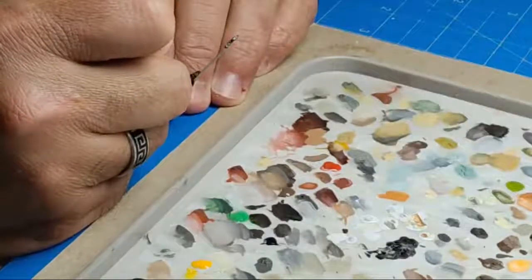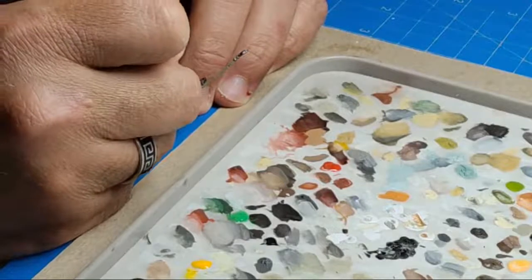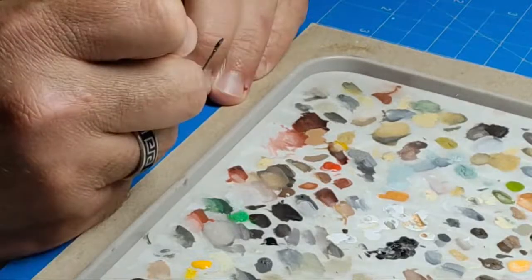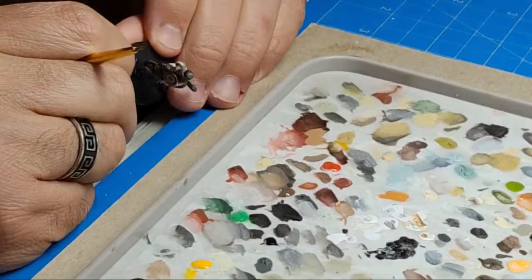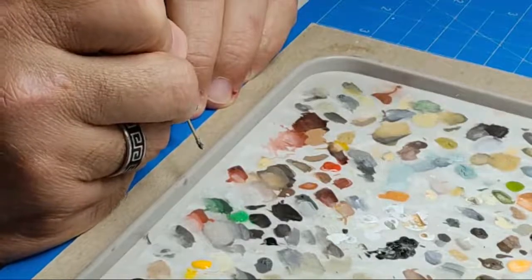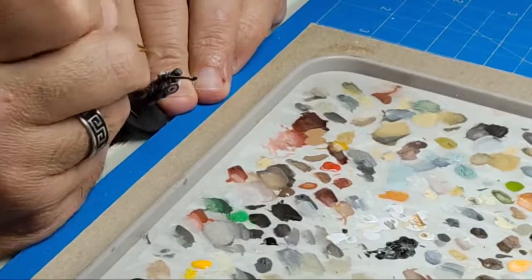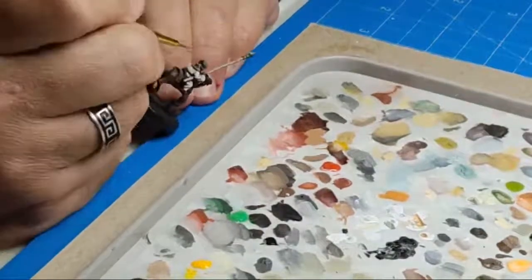The girls are traveling; they're out of town. They're coming back today in a few hours. So I want to make hay while the sun still shines. Not that I can't do this while they're around, but you would pick up other background noises, a TV or something going on. It could be faint, but I want to make sure you guys got some uninterrupted painting done here. And I needed to knock these guys out because, like I said, I am really close to being done with these. So